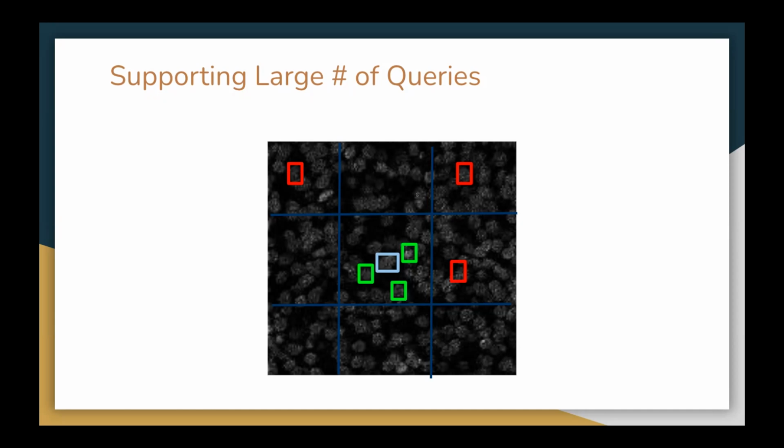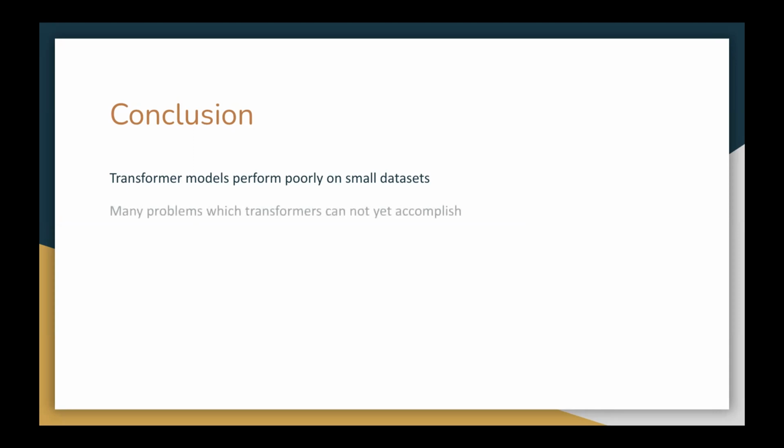However, with both of these implementations, we still couldn't get the mask deformer to converge and predict reasonable results. So in conclusion, we tried the transformer on a very, very small data set with high hopes, and it didn't work out as well. Transformers just don't perform very well on small objects, especially with the high number of objects that we had.